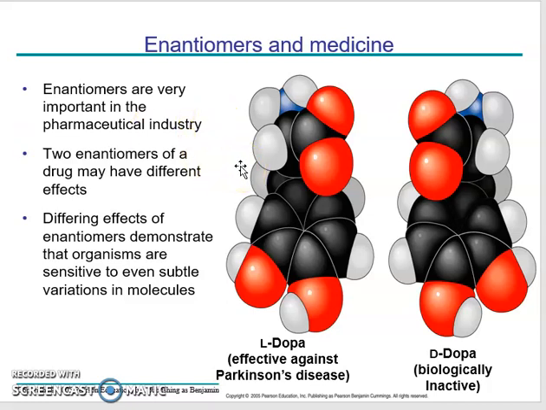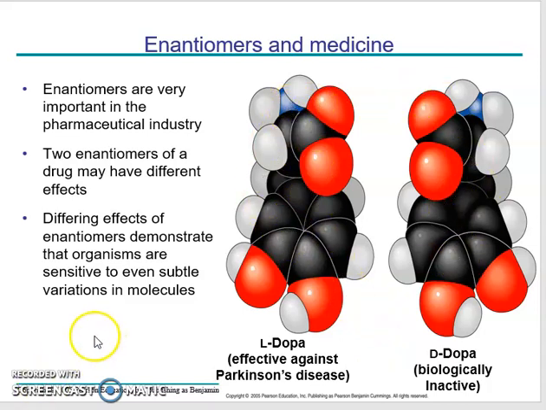If they are the same formula but the opposite shape, it might actually be ineffective or even worse, harmful to the person, right? So in this example, you have what's called L-DOPA. Okay, so this is the DOPA molecule, right? And it's left-handed. At least that's how the researchers call it. This is effective in treating Parkinson's disease. The D-DOPA, which is the opposite configuration, same formula, is not effective at all against Parkinson's disease. So what do you want to have in your medication to make sure that people are benefiting from your drug? You want to have only the left-hand molecules in, not the right.